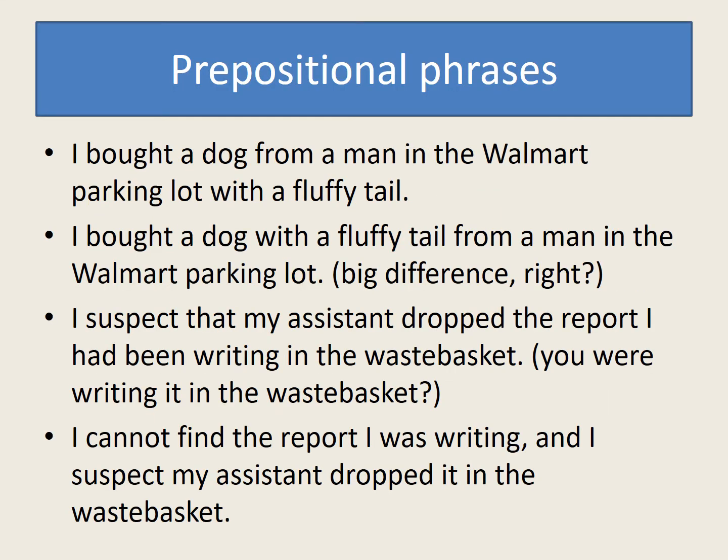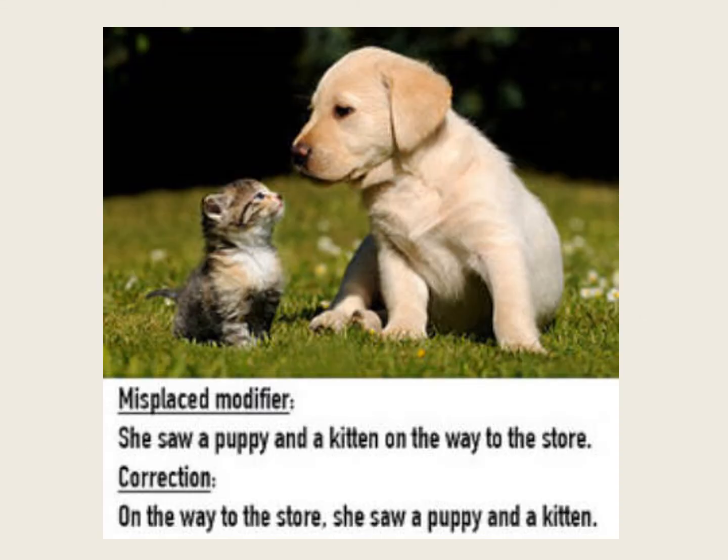Prepositional phrases are also modifiers, and I've got some examples here that you can look at. Again, you can stop the video and look at them. Prepositional phrases, of course, are things like from a man in the Walmart parking lot, with a fluffy tail. Those are prepositional phrases. And then, since we all love puppies and kittens, I give you an example of how the prepositional phrase on the way to the store, which is actually two prepositional phrases,